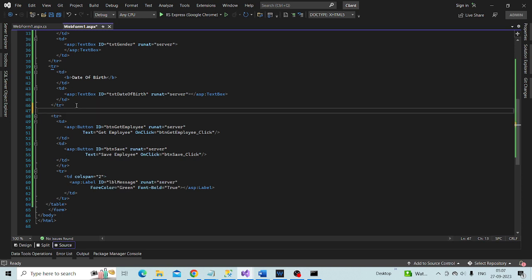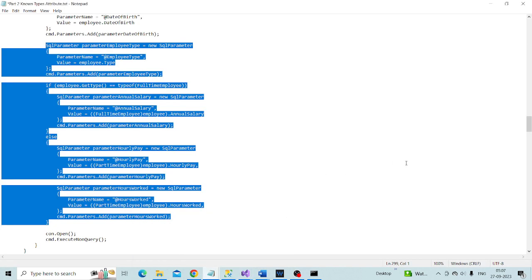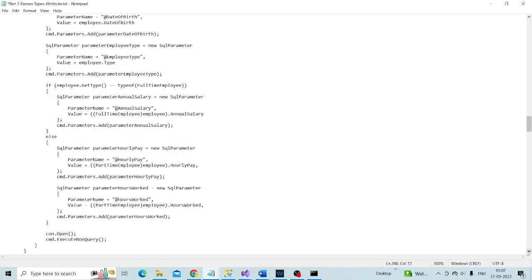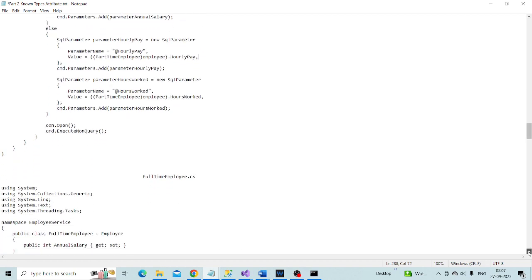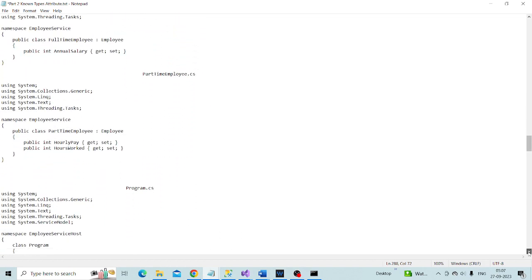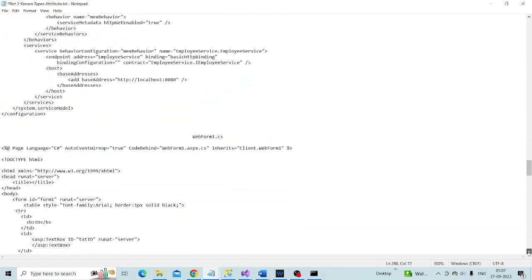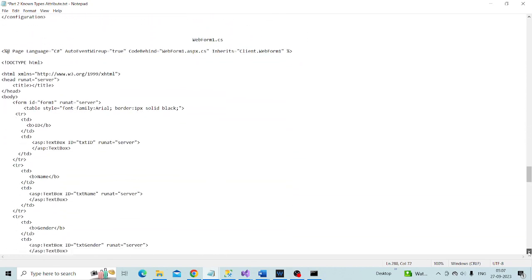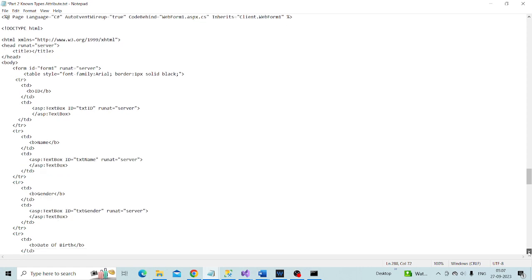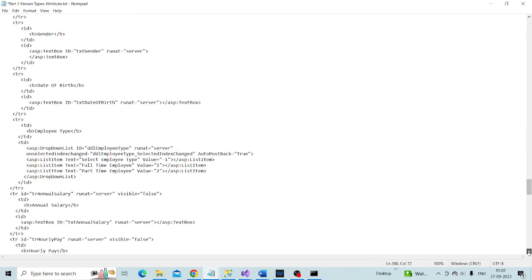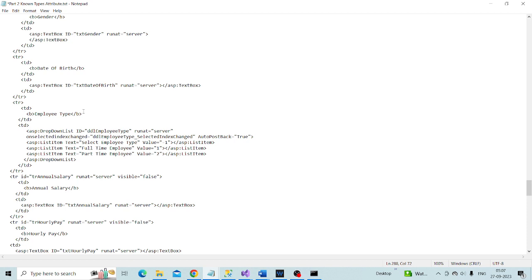Okay, so go to the notepad and search for form 1 coding. Yeah, that is the coding we need to copy from